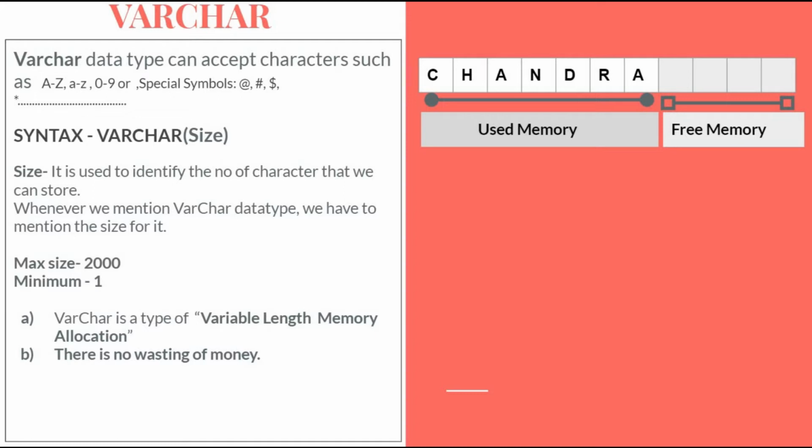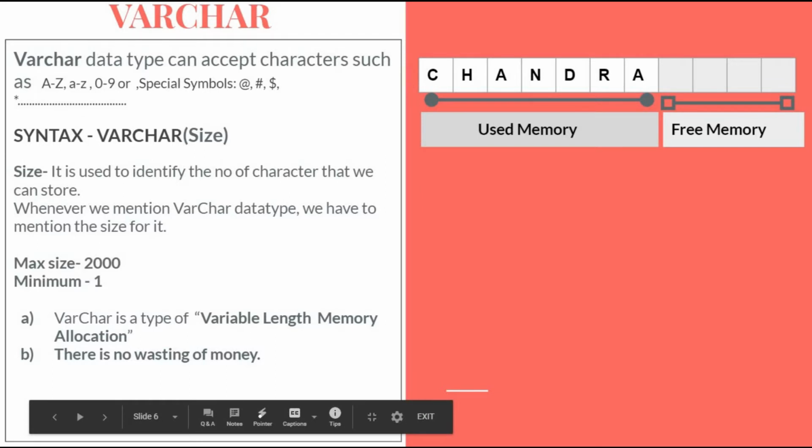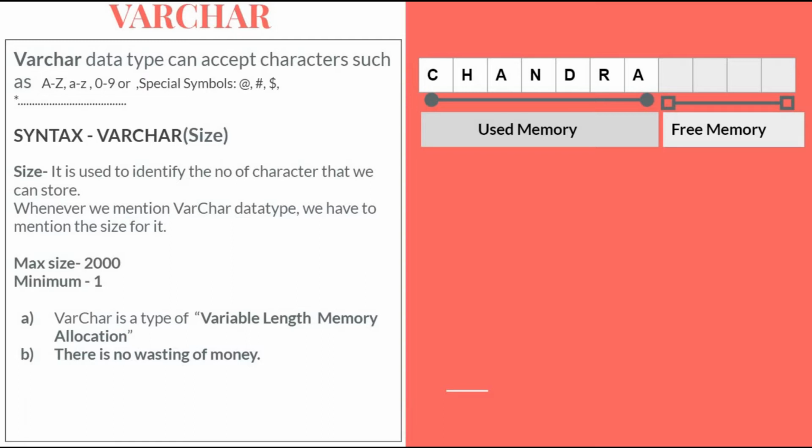Let's take an example. There is a block, and you have used varchar 11. Now you are using the first 5 or 6 blocks, like I write my name Chandra, so the rest of the 4 blocks remain. So what will happen? The memory will not be wasted, it will not be fixed. Yes, you mentioned the size 11, but if I use only 7, then the remaining memory will be stored somewhere in the database and you can use it again. So the memory is free memory. This memory is not wastage memory, so you can use it again and again.